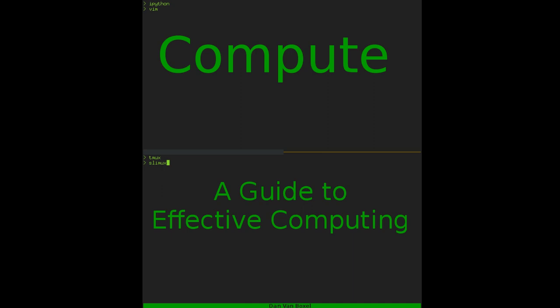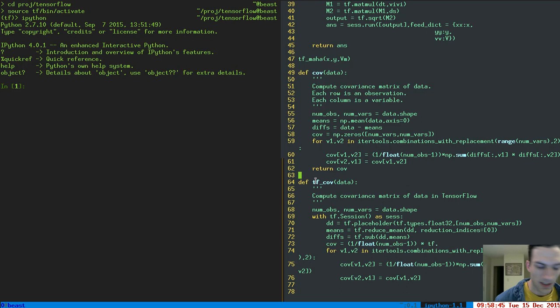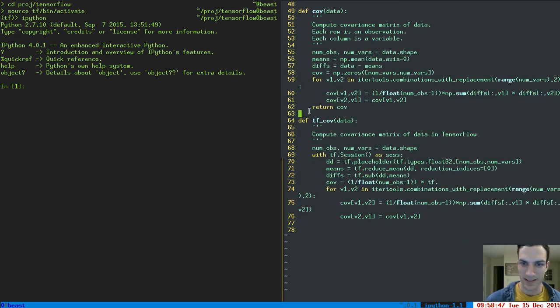Hello again, everyone. Tonight I will finish this TensorFlow implementation of the Mahalanobis distance. I sorted out what went wrong before. Well, it didn't go wrong, I just didn't get to it. You might recall I was working on this, and I'd gotten to the point where I had my two diff arrays,